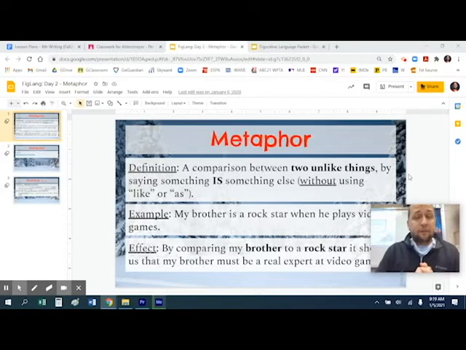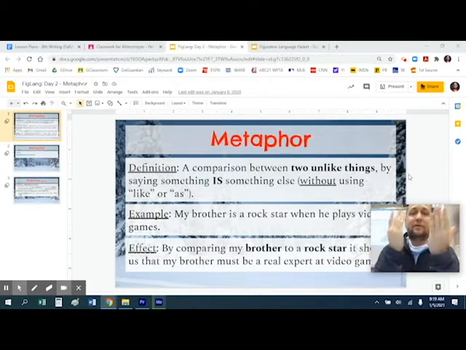All right, today we're talking about metaphors. If you did not do the similes or look at the simile link first, go search for that document and video first and go through it, because metaphors are very similar, as you'll see. There's just one slight difference, and that is the words used to create them.